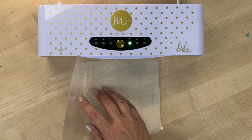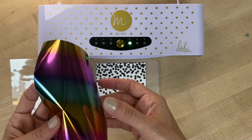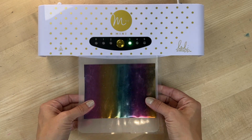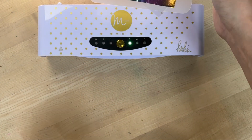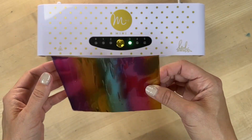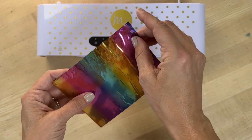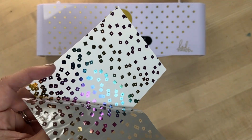When you use it, you'll place the shim into your plastic carrier folder and use one of our Foil It pre-printed panels next. Place the foil on top with the pretty side up and send this sandwich through your Minc machine. When it comes through the other side, it might be a little hot because of that superior heat conduction, so if you need, you can grab our mini mitts to keep your fingers safe. I like to let my design cool for about 30 seconds before I peel back the foil to reveal the